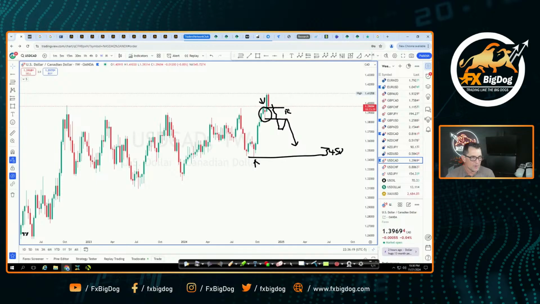Now, let's go ahead and take a look right here. So this is what we're looking for. We're looking for price to move back below this order block. And then once we do, we're going to look for price to come back down to this area right here, 34.50. Now, I know a lot of you say, Big Dog, if I can get into the money on this trade, I'm getting the heck out of Dodge. And I get it. I understand. You just want to get out, right? I totally get it.